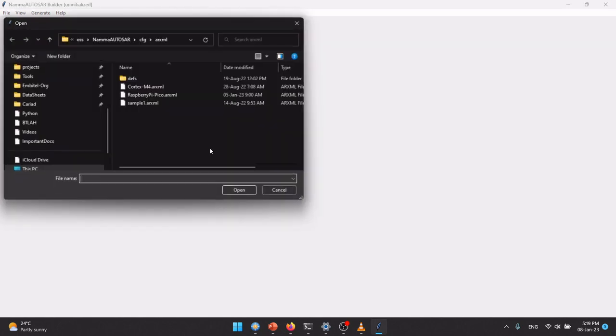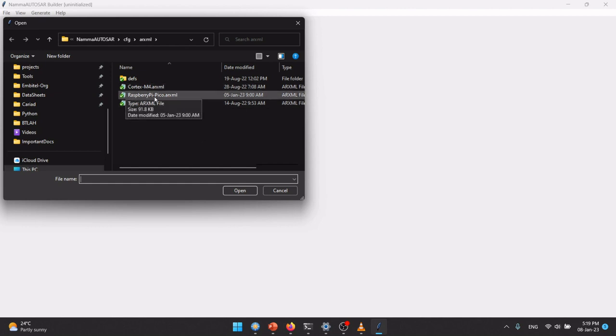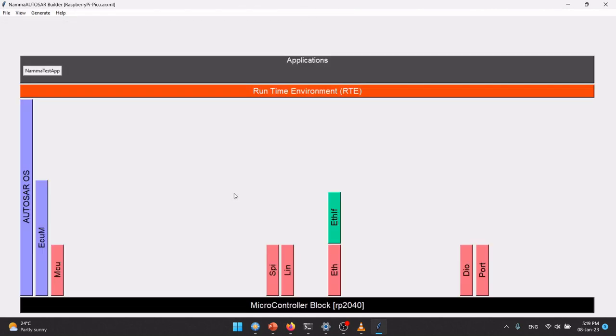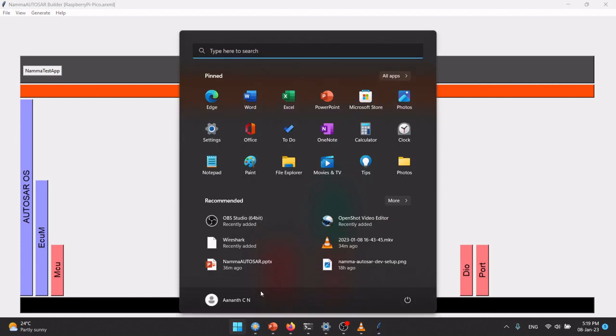Okay, so here is the GUI. For the first time, you will have to import an ARXML file. Don't go with New, because the project is not ready to support new configuration from scratch. So for better purposes, you click on this one. Don't even choose the other ARXML file, choose Raspberry Pi Pico, because that's the one that is tested. Here you got the graphical user interface, and this was inspired by